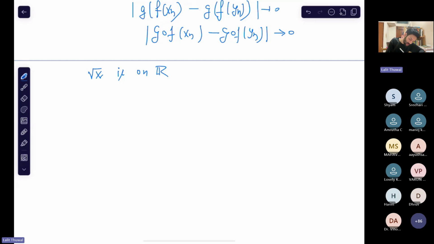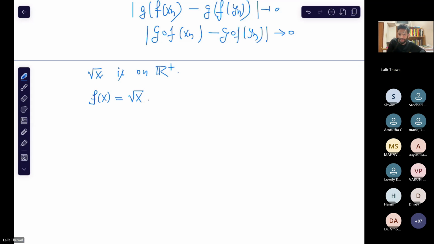See, there is another result to determine whether this function is uniformly continuous. It is not defined on R, sorry, I want to say R positive. So how do you prove this? If some function is,